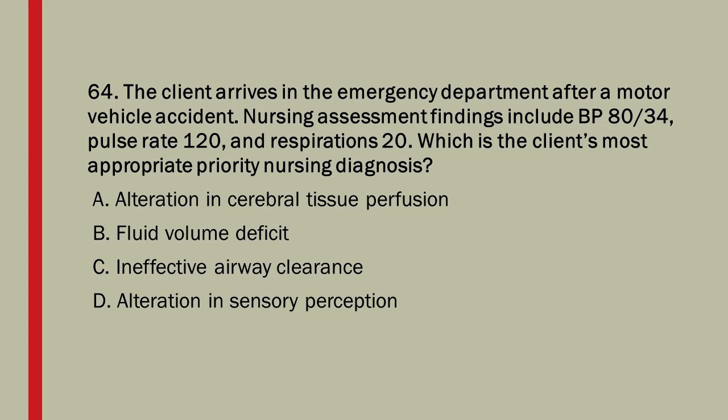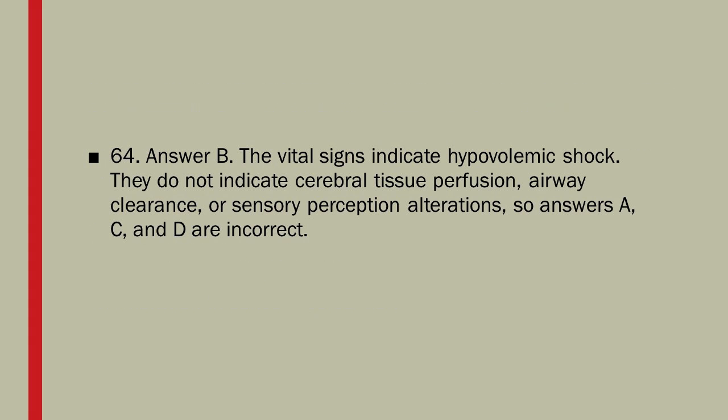C. Ineffective airway clearance. D. Alteration in sensory perception. 64. Answer is B. The vital signs indicate hypovolemic shock. They do not indicate cerebral tissue perfusion, airway clearance, or sensory perception alterations, so answers A, C, and D are